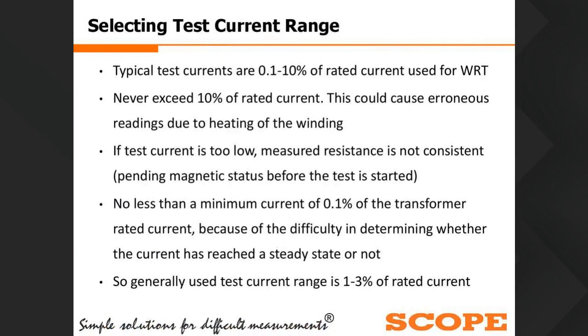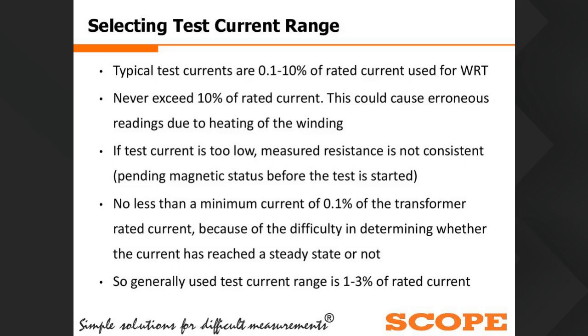So the next question arises: how to select a test current. Basically, I have got some questions from some manufacturers and utilities on how to select a current range and how to select an instrument. If there is a transformer of 200 MVA or 250 MVA, how much DC current do we need to inject for doing a transformer winding resistance measurement? As per IEEE 62 and IEC, it is recommended that for a winding resistance test,